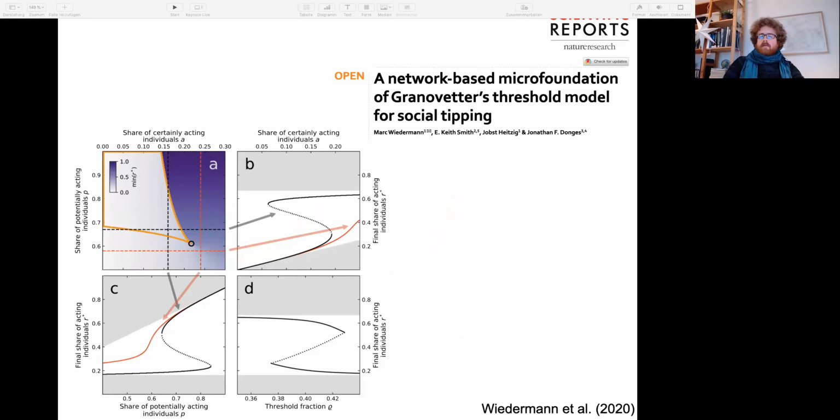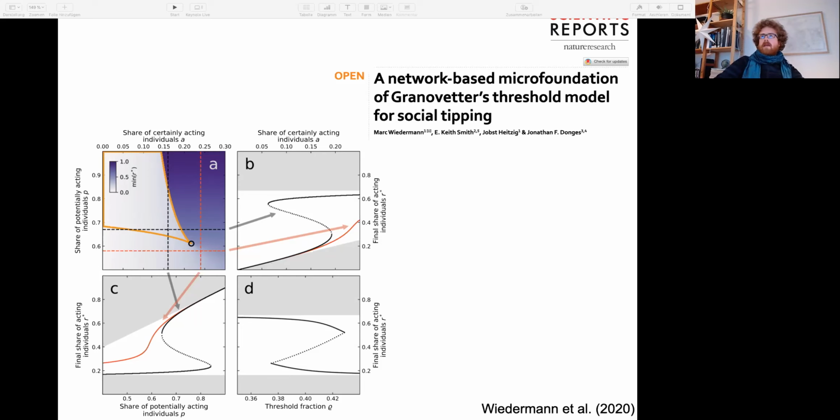Here we see some of the nice bifurcation diagrams and phase diagrams that emerge out of this. For example, you can see tipping points where increasing the share of certainly acting individuals, for example, individuals that are certainly engaging in a social movement because they are directly affected by climate change, shown here in panel B, across a certain threshold, the system will tip to a state where many more individuals in the population are active, and vice versa. So there's also hysteresis in this system,